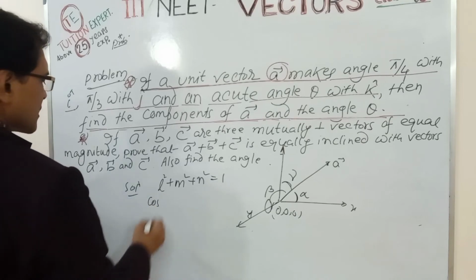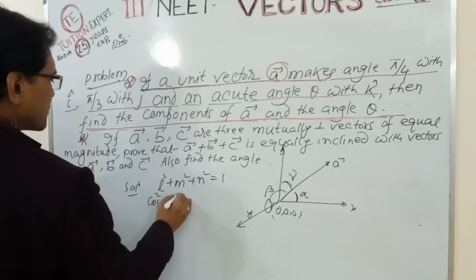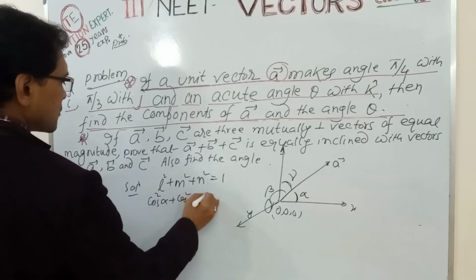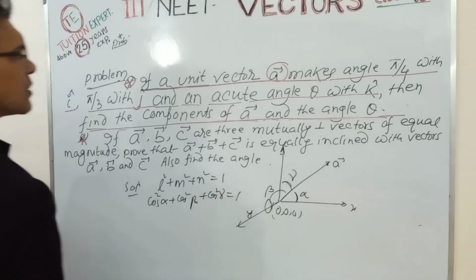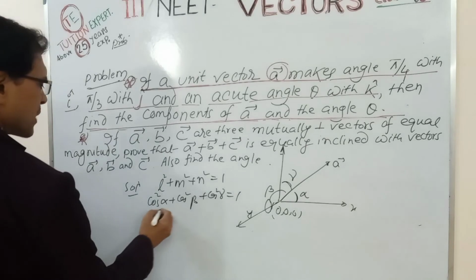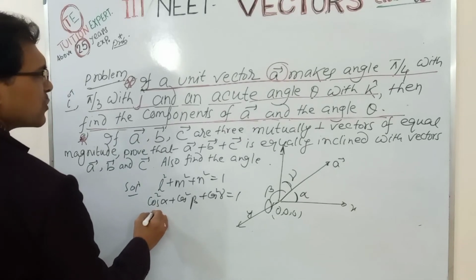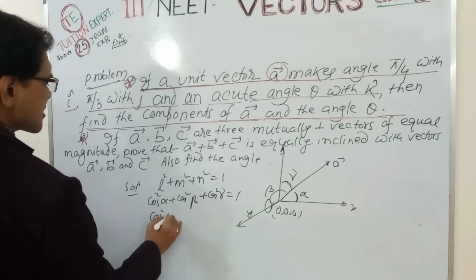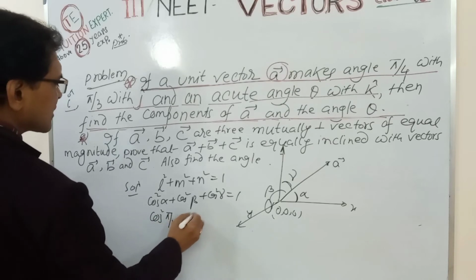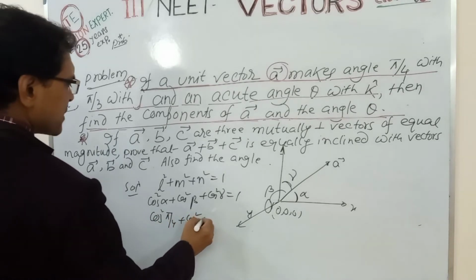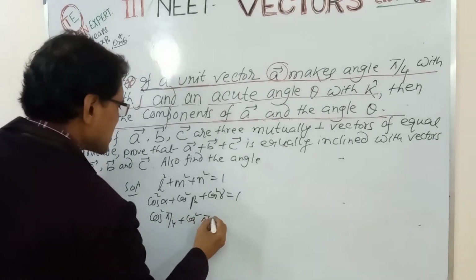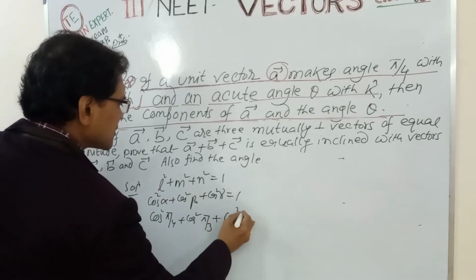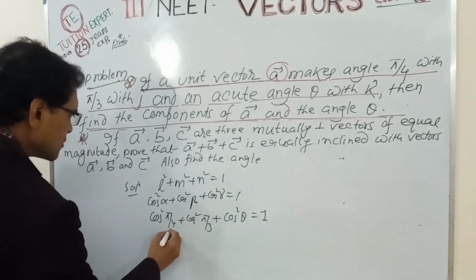L equal to cos alpha. We know cos square alpha plus cos square beta plus cos square gamma equal to 1. So alpha is pi by 4, so cos square pi by 4 plus cos square beta, that is pi by 3, cos square pi by 3 plus cos square theta equal to 1. So this is equal to half